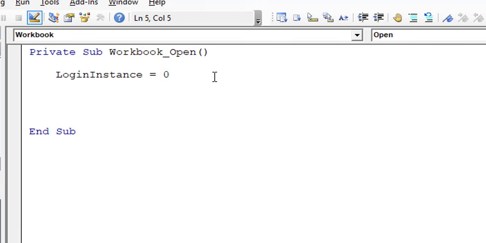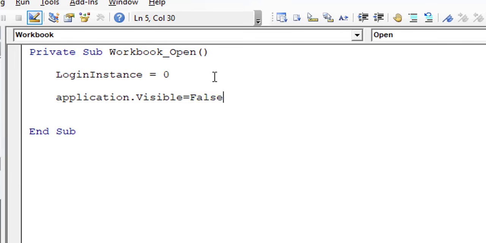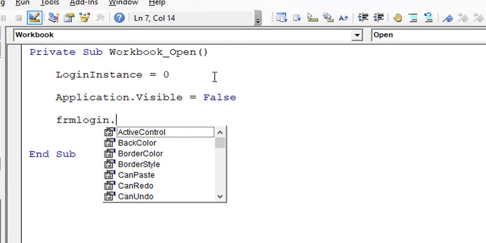Now we need to hide the Excel application so that the user will not be able to see it once they click on the macro enable button, right? So Application.Visible is equal to False, and now we need to open the frm login. So frm login.Show,